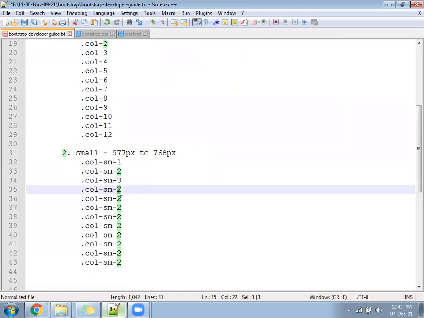This is for small and that is for extra small.